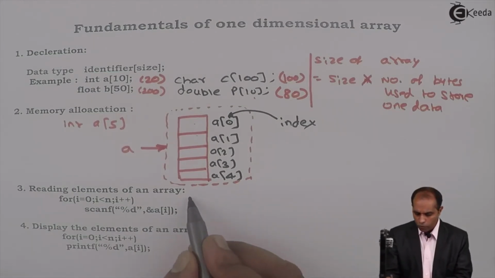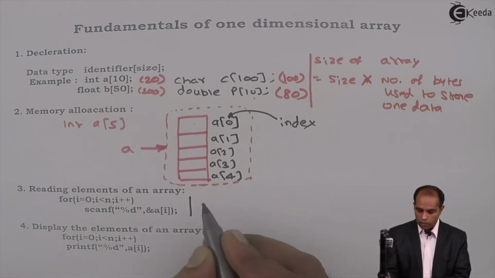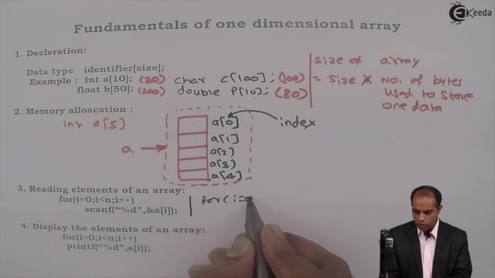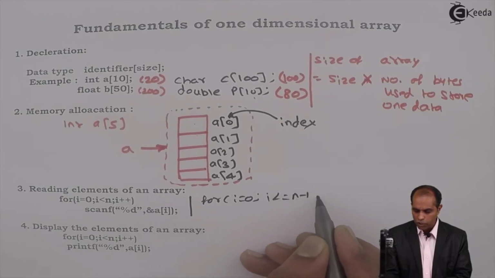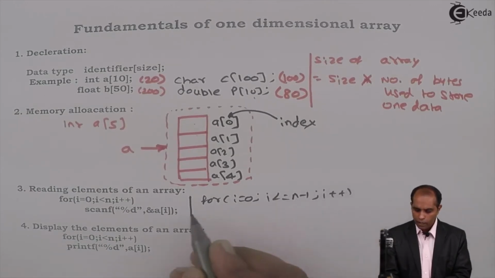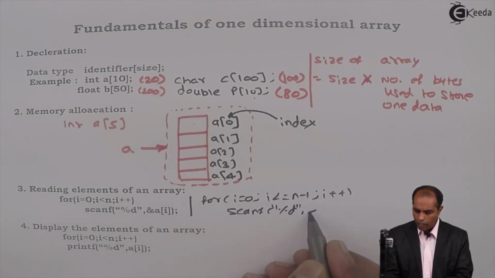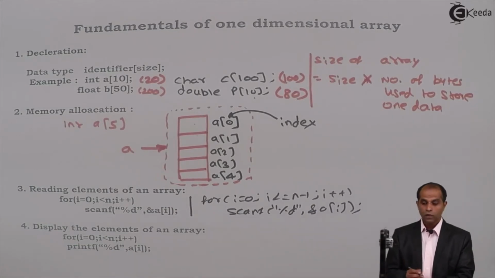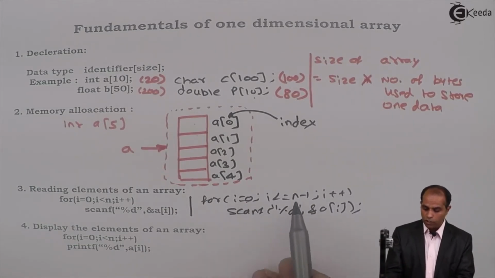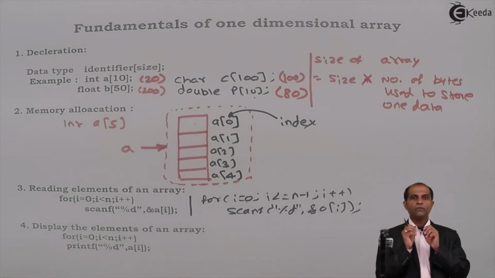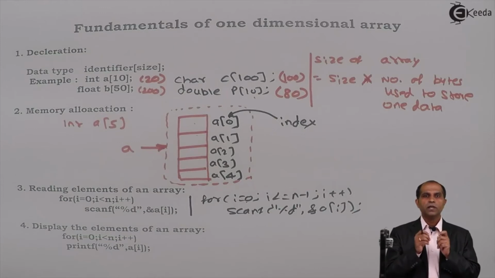Or you can write this particular for loop in one more fashion. If someone is comfortable with this particular syntax: for i equals 0, i less than equals to n minus 1, i plus plus, and then again a scanf instruction of this sort, scanf percentage d comma ampersand of a of i. So here I am taking the value from 0 till n minus 1 and I am using a condition called less than equals to. Always remember, if a for loop has a condition called less than equals to, it means that it will be n minus 1. And if a for loop has less than in the condition, in that case it will be always less than n.